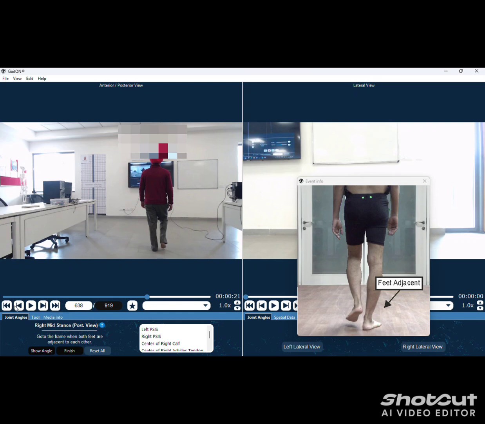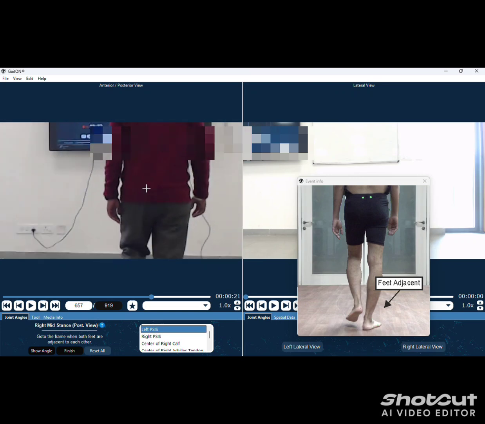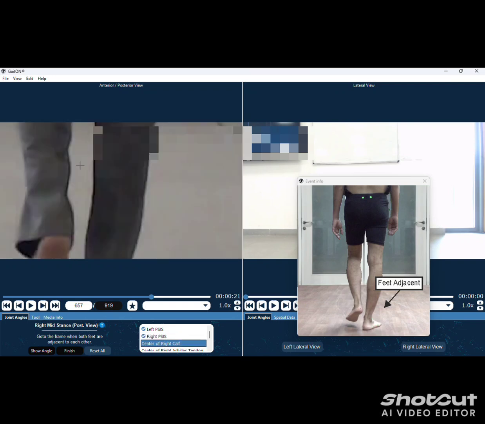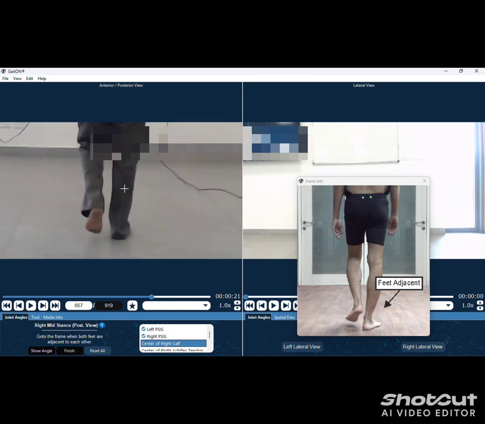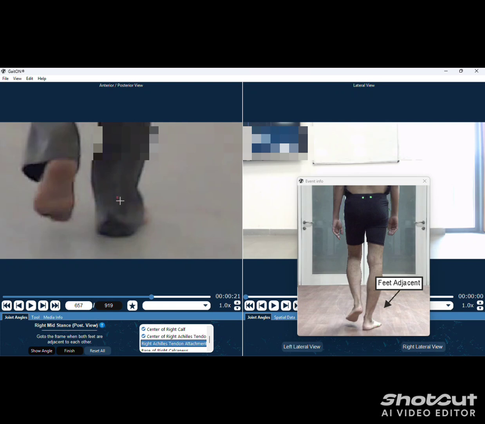and we are following the example image for placing the pointers. So first we place left and right PSIS, then center of right calf, then center of right Achilles tendon, right Achilles tendon attachment,